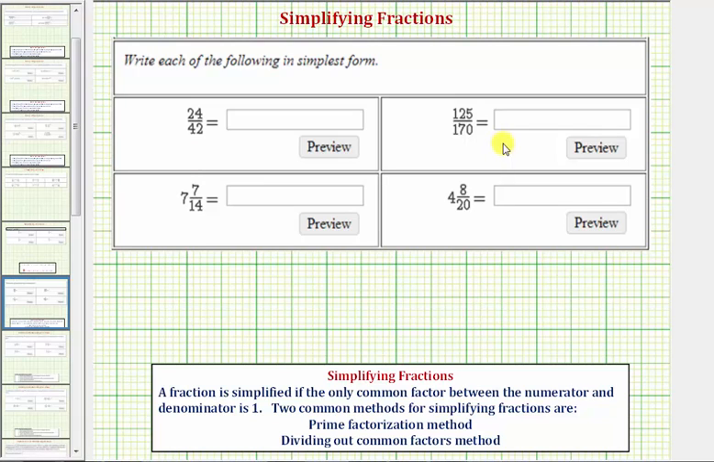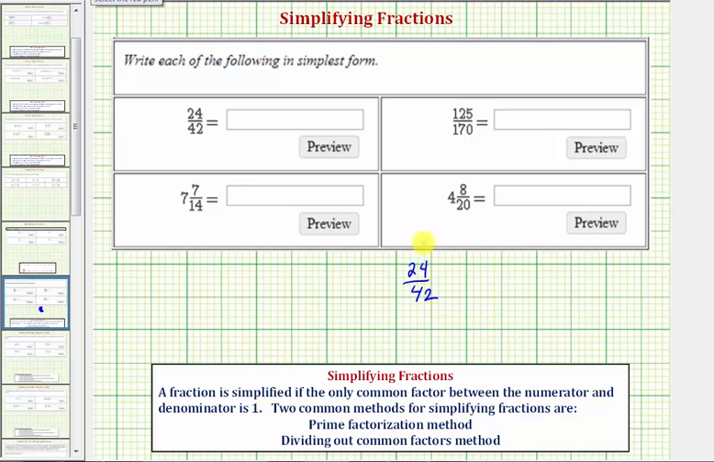We want to simplify the following fractions. A fraction is simplified if the only common factor between the numerator and denominator is 1. Two common methods for simplifying fractions are the prime factorization method and the dividing out common factors method, and we'll show both. So looking at our first fraction, 24 divided by 42, using the prime factorization method, we'll